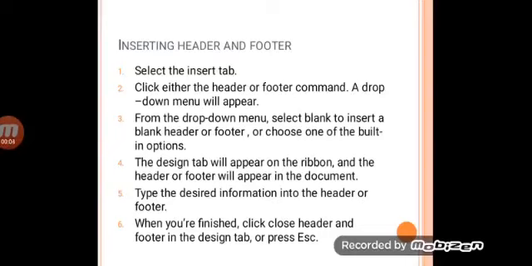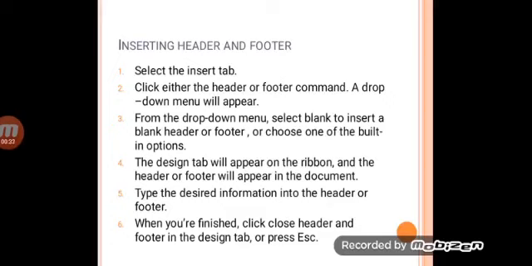Now I again repeat the step to insert a header and footer. Select the Insert tab. Then click either the header or footer command. A drop-down menu will appear. From the drop-down menu, select blank to insert a blank header or footer, or choose one of the built-in options.